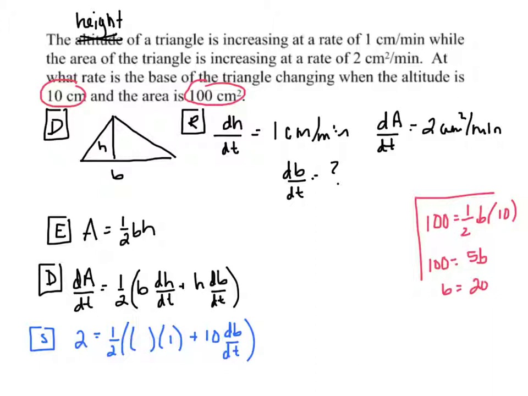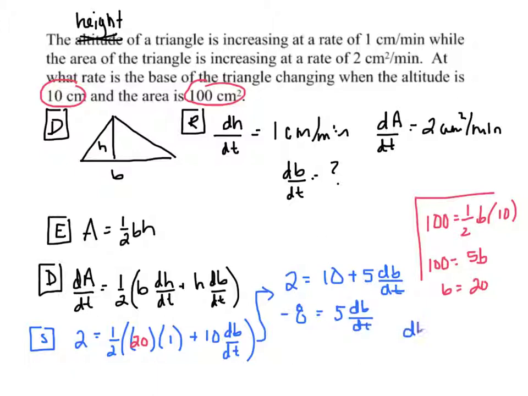Okay, so I can substitute that in right here. And I'm just going to continue right here where I got a little room. I can multiply the 1/2 through. 1/2 of 20 is 10 plus 5 dB dt. Subtract 10 from both sides. Divide by 5. So dB dt is -8/5